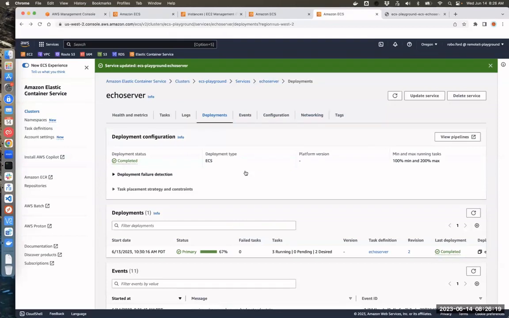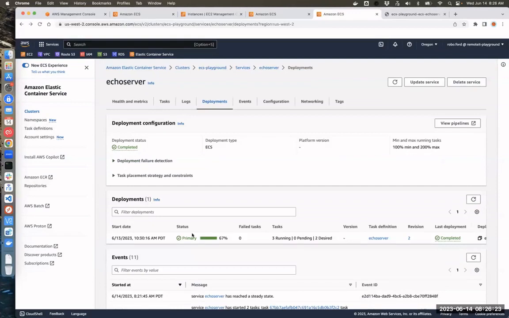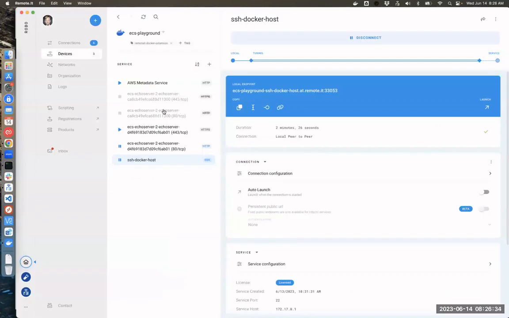So right now I'm waiting for it to deploy. It says it updated. We have 67%, three running, 2 desired. So we're still waiting for that to go down here. Let's refresh that. And now we're running 2 and 2 desired. And you can see 2 of them went offline here. Those 2 ports, it's 1 container, same container, but 2 ports is now offline. And at some point, those will get removed as well.